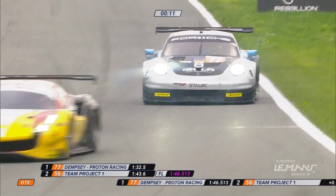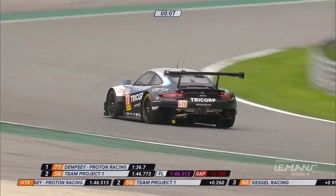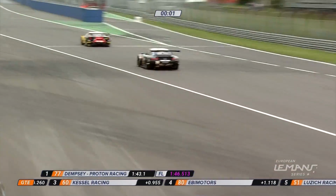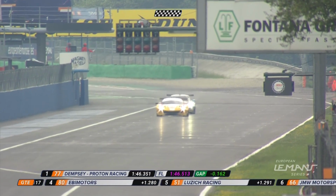Bergmeister held that for the first sector just briefly, but Cairoli has absolutely got the hammer down, but he's got a car ahead of him on track. Is that going to spoil the run? Bergmeister improves, but he can't get to provisional pole. It's a 146.7. Crucially, though, for the man from Leverkusen, he will get another lap,